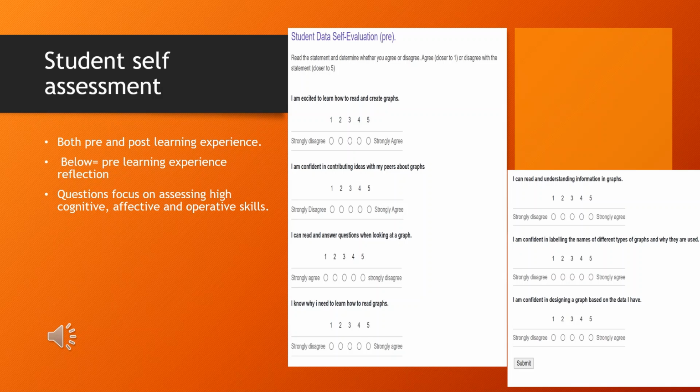The questions will target students' ability to engage effectively, cognitively, and operatively, as this aligns well with the E section in the MEE framework. This tool allows students to process the content and acknowledge the strengths they brought and the skills that need to be improved.